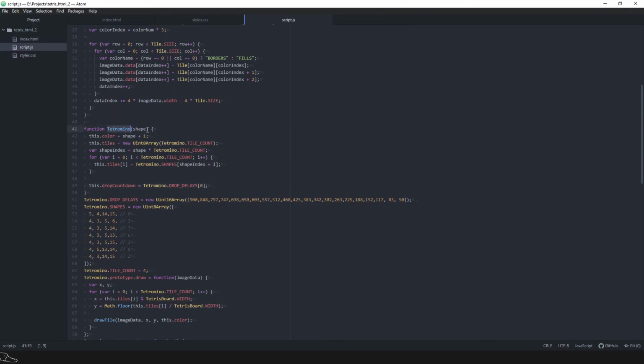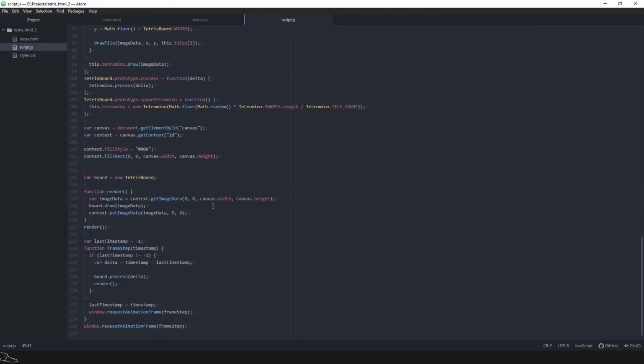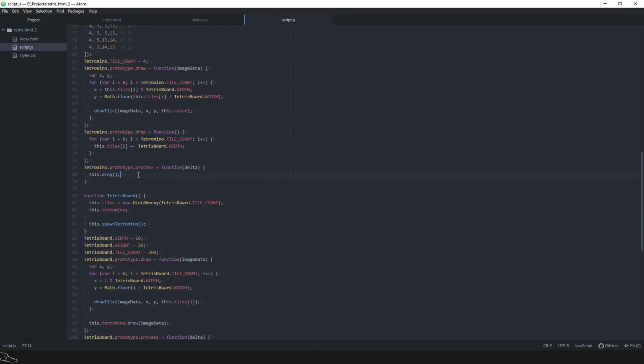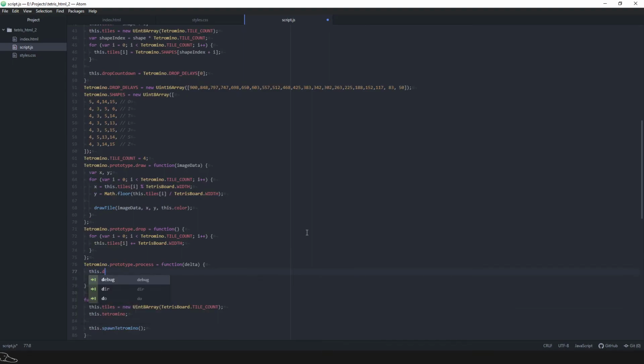We should initiate this tetromino with the current level that we're on, so that it starts off with the drop delay relevant to the level, but for now we'll do 0. Because I've got to ramp up, I think, soon. Oh well. I had a feeling I wouldn't be able to make this whole thing in 2 hours, but I got pretty far. So what we're doing here is in the tetromino process, we want to do this dot drop